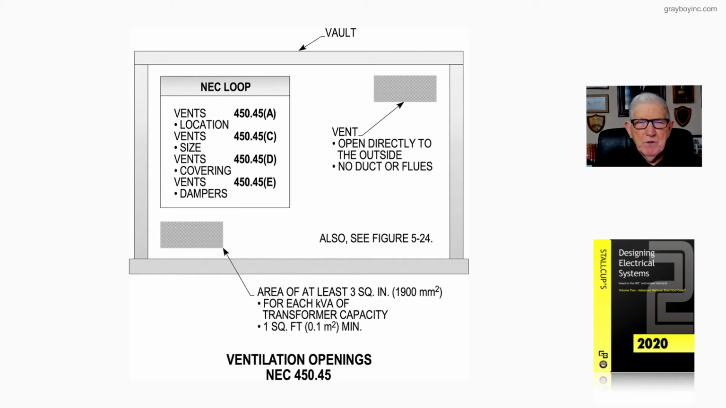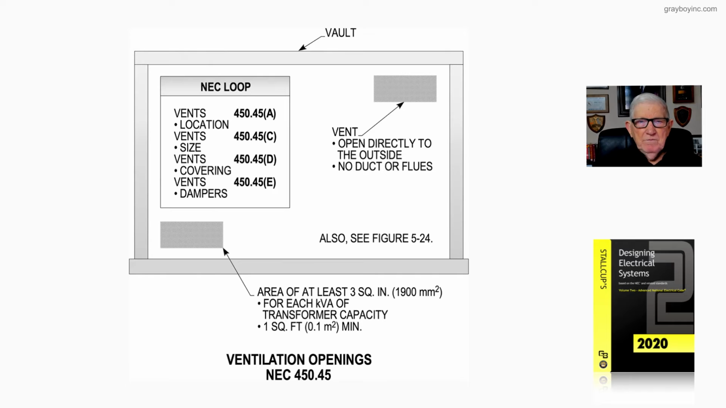Now we're going to review our figure 20-31 from Stallcup's Electrical Design Book, Volume 2. And notice we're still dealing with transformer vaults. And in our NEC loop that you see in the illustration, vents and their location is 450.45A. Vents size is